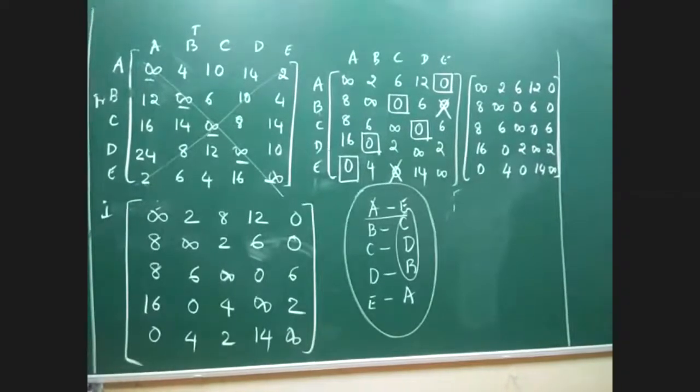Now let me assume that other approach let me take. Andre aವಾಗ ಏನು ತಗೊಳ್ಬೇಕಾಗುತ್ತೆ ನೀವು? Other than 0, you are supposed to identify any other lowest value. So in the entire problem, the next lowest value is 2. 2 ತಗೊಳ್ಬಹುದು. ಅದರಲ್ಲಿ ಪ್ರಾಬ್ಲಮ್ ಇದೆ. ಏನು ಪ್ರಾಬ್ಲಮ್ ಇದೆ? There are many 2s.